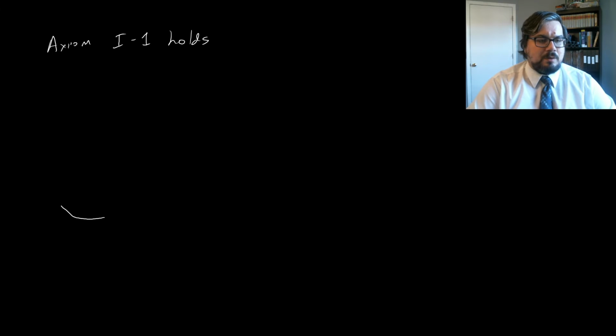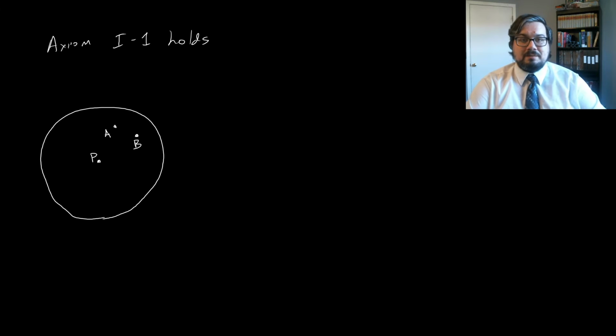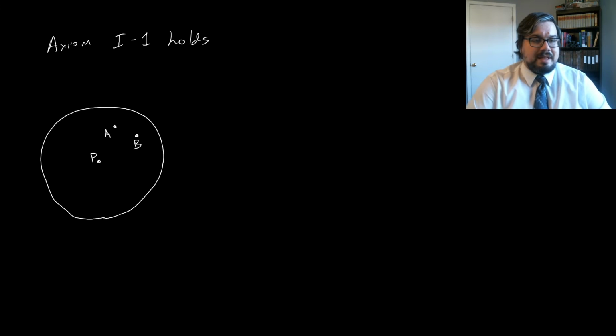Remember that axiom I1 said that given any 2 points, there exists a unique line containing them. So if I just take 2 random points in our geometry, then there should be a unique line that contains